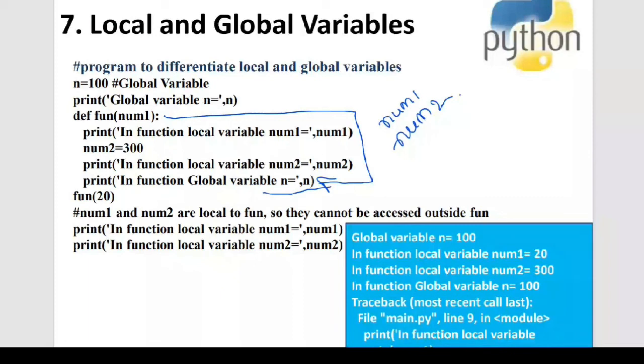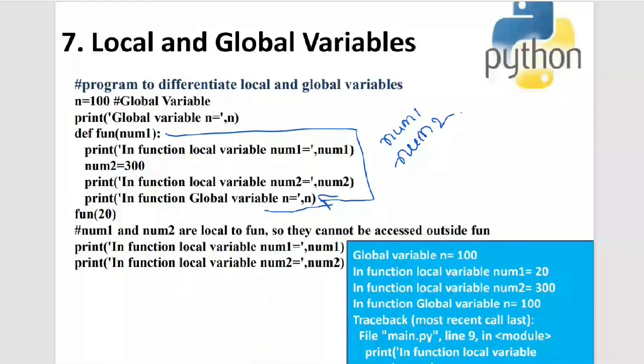After the implicit return statement in the function, the program control comes back to the immediate next statement after the function call. The immediate next statement is this print statement. What is there in this print statement? In function local variable num1 is equal to num1.